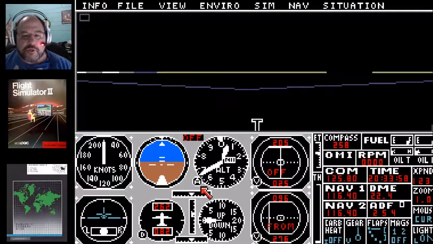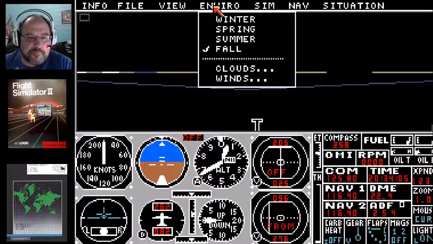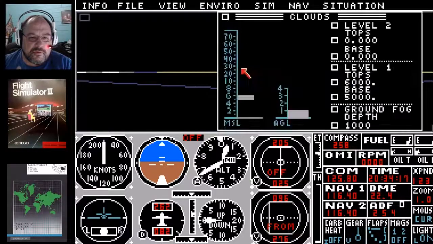So where are we? We're in Milwaukee, Wisconsin. And we're going to go ahead and kind of change things up here. This is fall. We're going to go ahead and make this winter, kind of match this up with what we're doing on the Commodore 64 because it's winter there. And you can see it's kind of like a hazy color going on here, and that's because of the ground